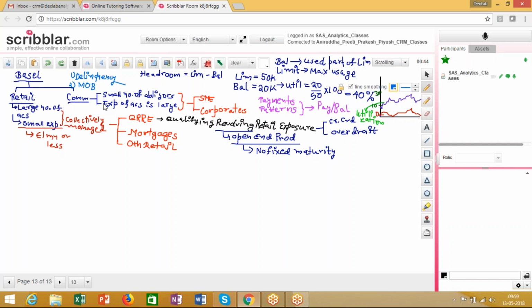time, right? Now, similarly, when I look into the payment patterns, just looking into the payments, the absolute value of the payments does not give me a very clear idea about what exactly is going on. So, who is a better borrower and who is a relatively worse borrower? But when we look into this payment balance ratio, you will see that we can get a better idea about the willingness of the borrower to pay back.